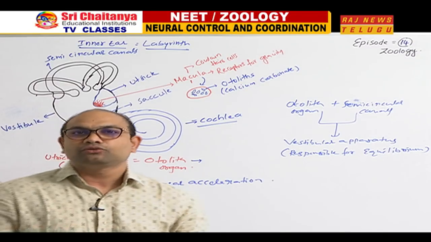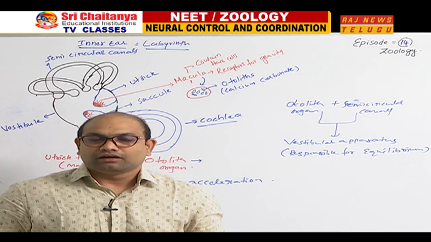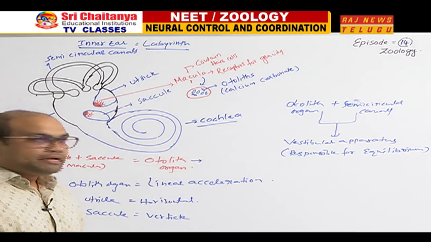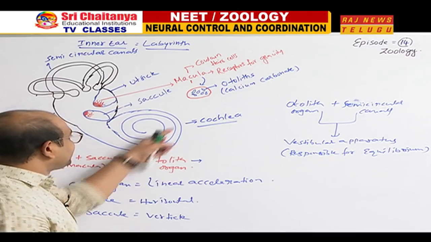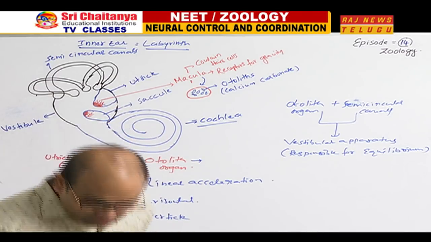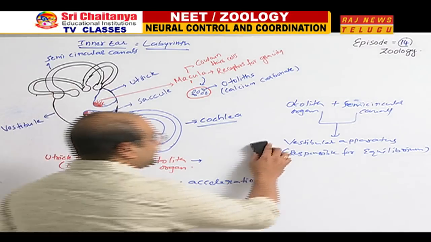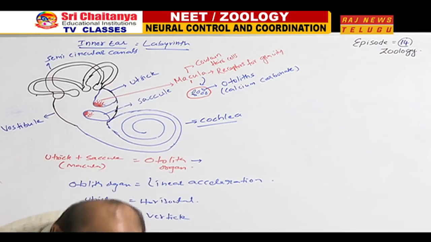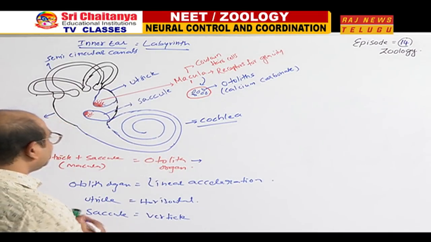Then which part is related to analyzing the sound signals? That is cochlea. So, let me tell you about cochlea. Cochlea is watch spring like. Cochlea is also made up of bone and membrane. So, I want to discuss the structure of cochlea. Regarding the structure of cochlea, listen carefully. I am explaining the TS of cochlea.